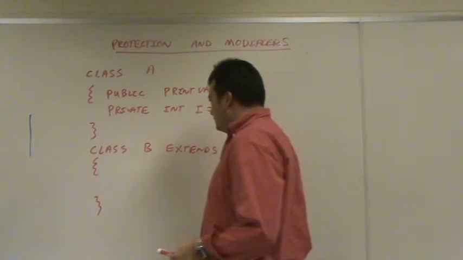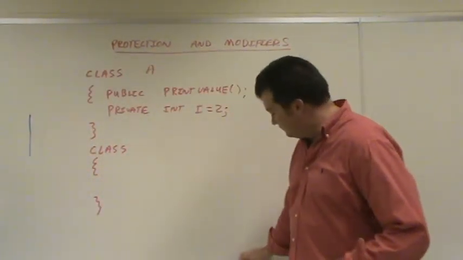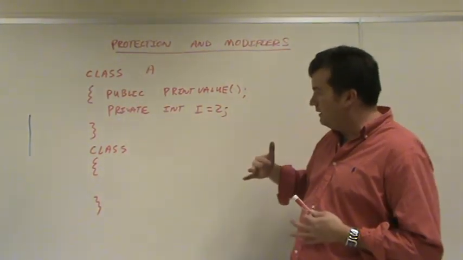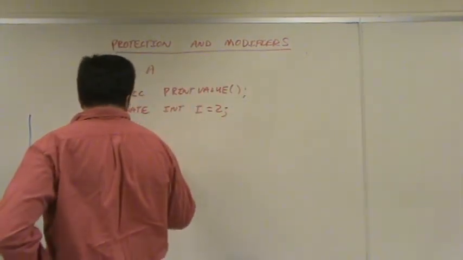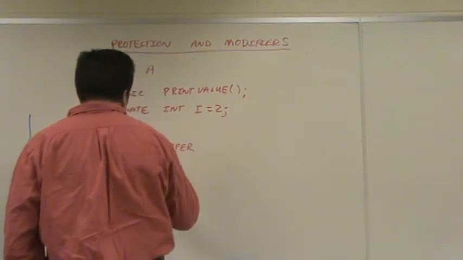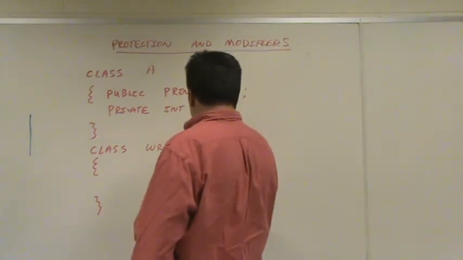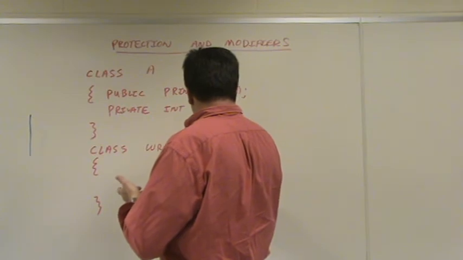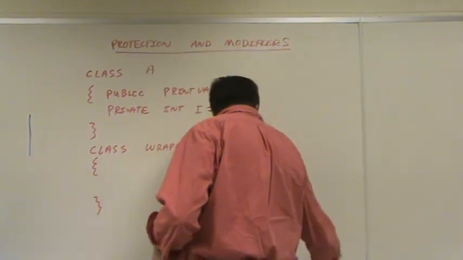Well, if private data was automatically inherited, you could do this. You could create a wrapper class, which is a class that inherits and does nothing else. And you can say we extend A, and now the outside world can say